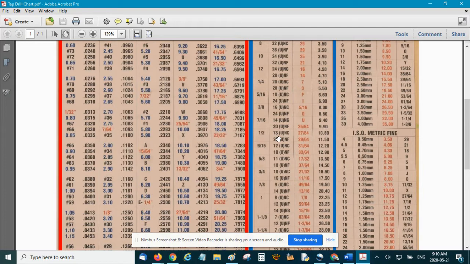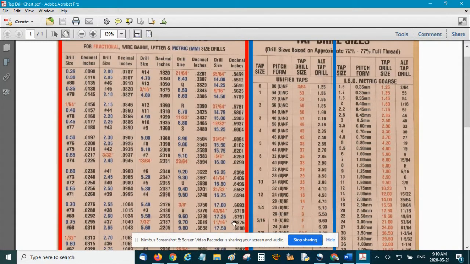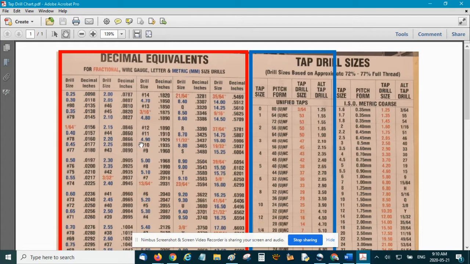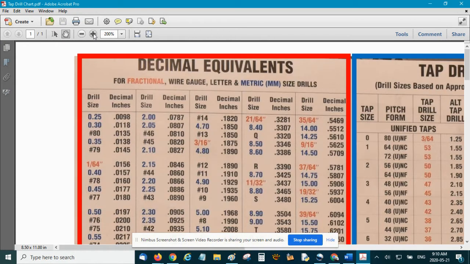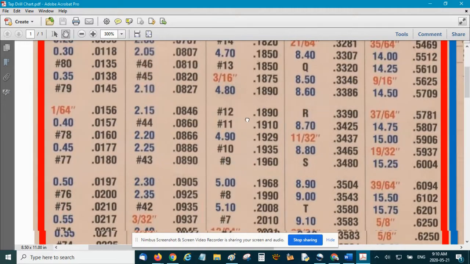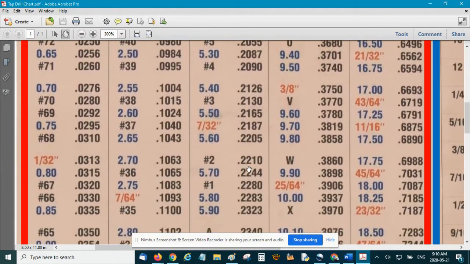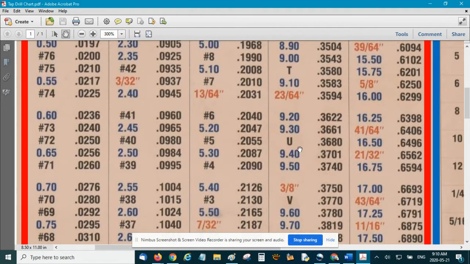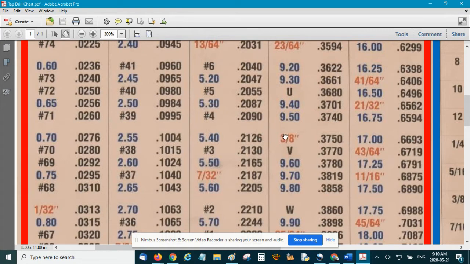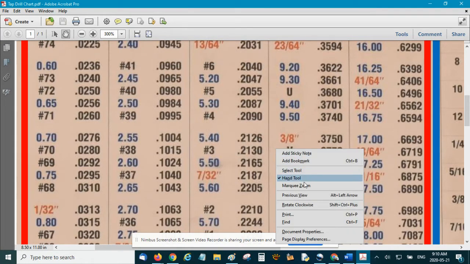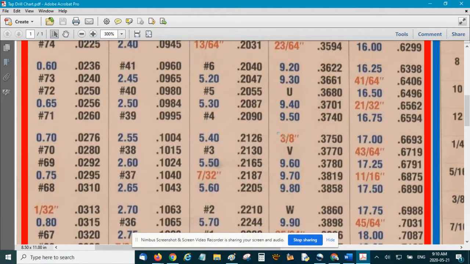Okay, I'm back on the computer and I have that chart that we talked about. In the first video, if you remember, we were looking at just what's in this left red square, and we talked about the drill bit sizes. You have basically 4 types of drill bits shown in this chart. The traditional ones, if I can zoom in here, right here, for example, 3/8, that's a fractional in the imperial system, and it gives you the decimal equivalent, okay,